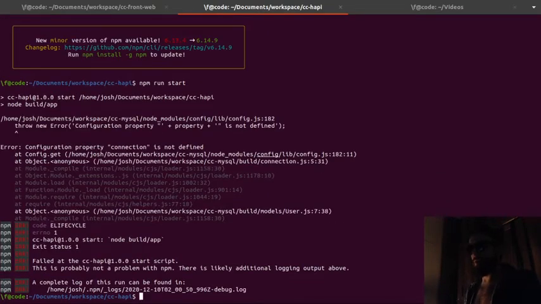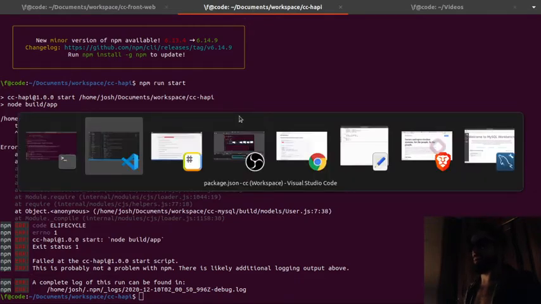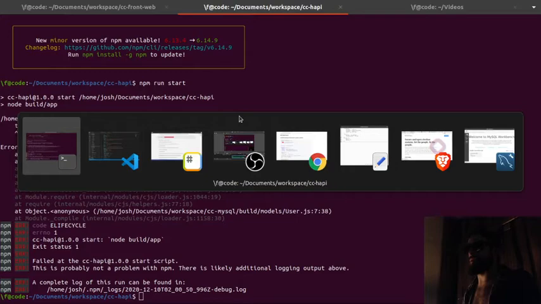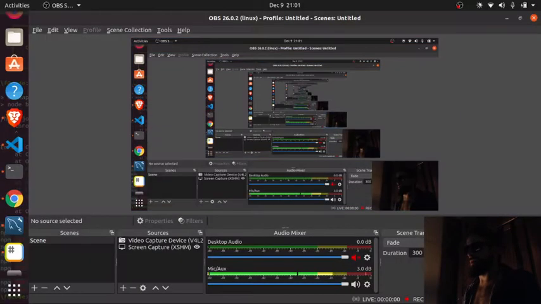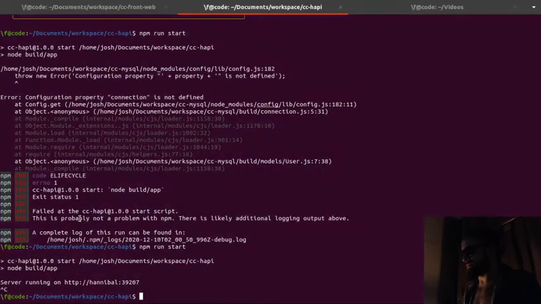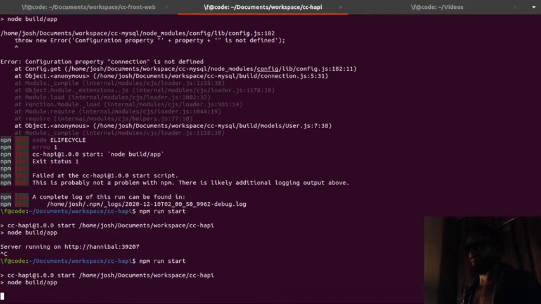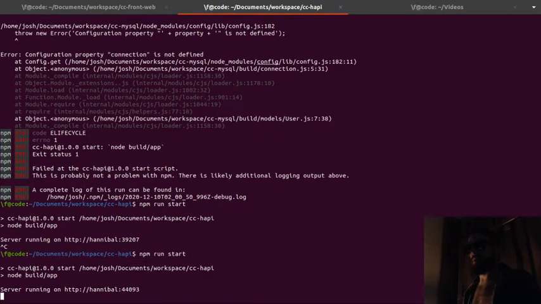Oh right, I need to add that back in. Okay, yeah, I took some properties out of my config, so hold on a sec. I'm going to put those back. Okay, I got my config set back up, and now you see it is running on port 44093. So what we're going to do is we're going to drop into